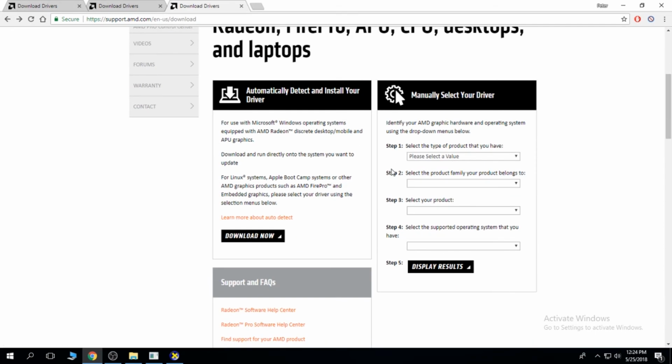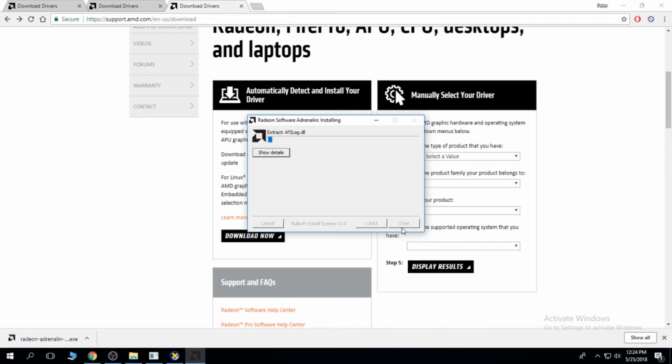If you do not want to go with this list, you have another option: to automatically detect and install your drivers. You click download now, and this is going to download. It has about 40 megs. You click install,